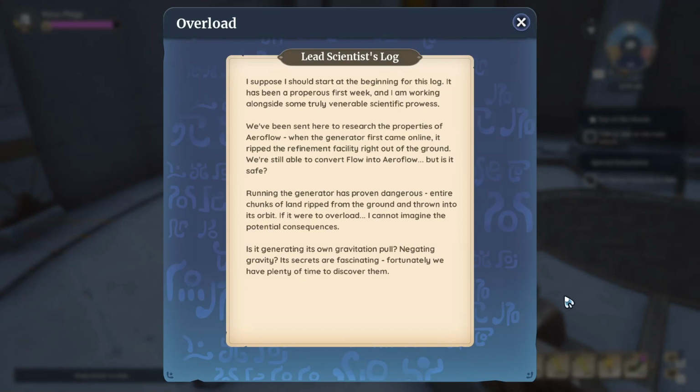I suppose I should start at the beginning for this log. It has been a preposterous first week, and I'm working alongside some truly venerable scientific prowess. We've been sent here to research the properties of Aeroflow. When the generator first came online, it ripped the refinement facility right out of the ground. We were still able to convert flow into Aeroflow, but